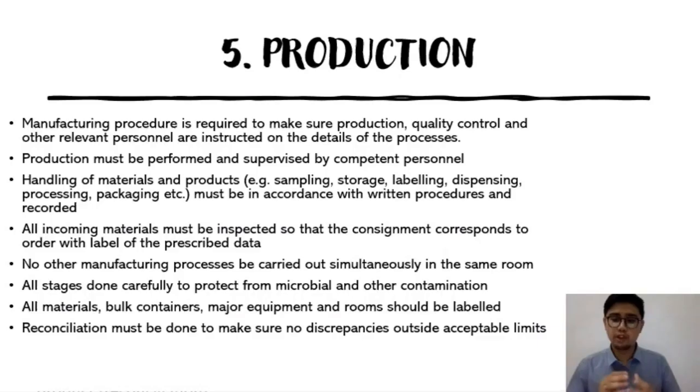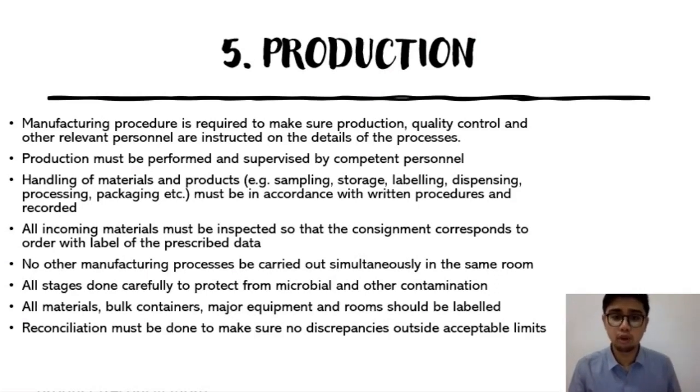Continue with the next GMP guideline chapter, which is production. The processes used in the production should be capable of yielding finished product which conform to their specification in a consistent manner with the premises and equipment provided. In production, manufacturing, handling of materials and product, for example, sampling, storage, labeling, dispensing, and packaging, must refer to